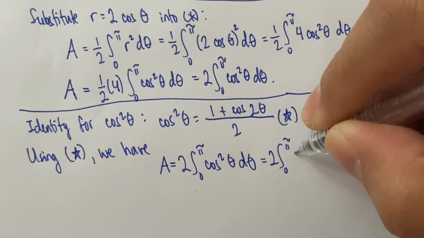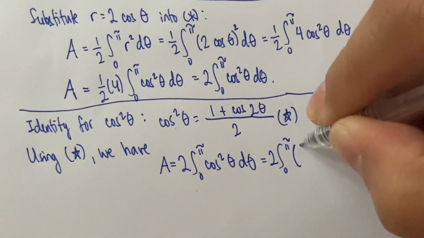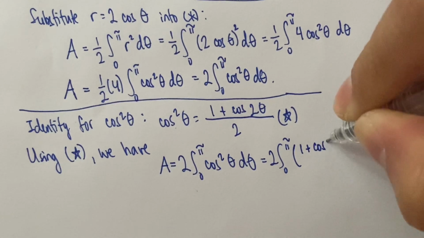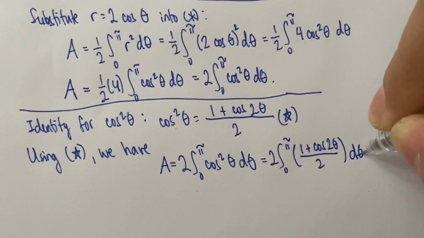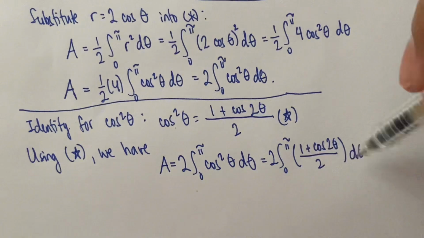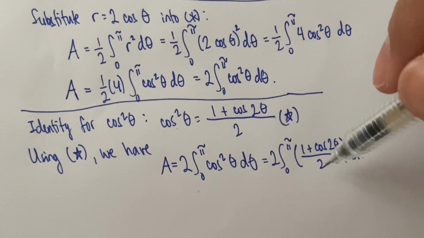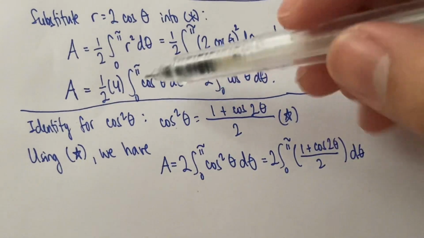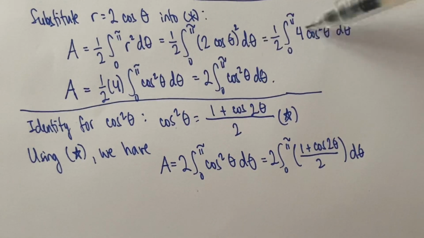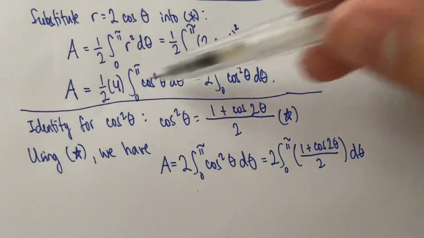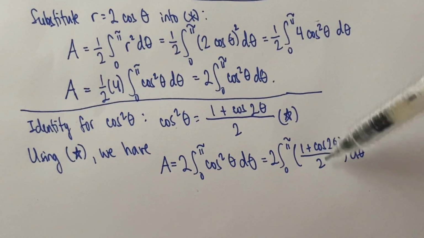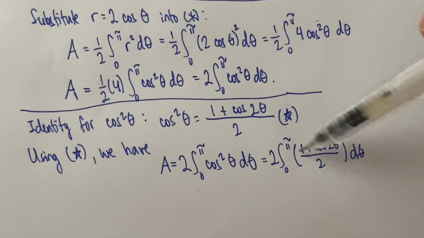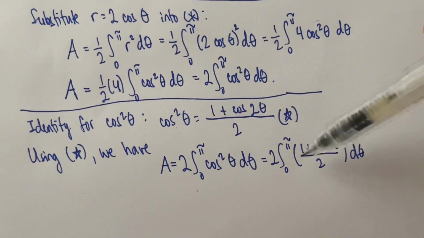Okay, this becomes 1 plus cosine 2 theta over 2 d theta, of course. So with this, we can actually perform the same thing that we did from this portion, where we let out the 4 here. So what we're going to do is let out the 1/2. We can factor out 1/2 in this term, and this becomes